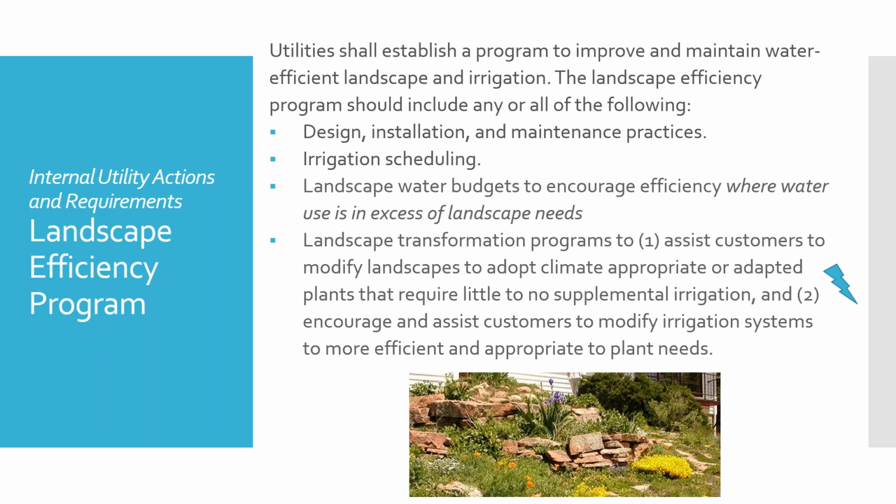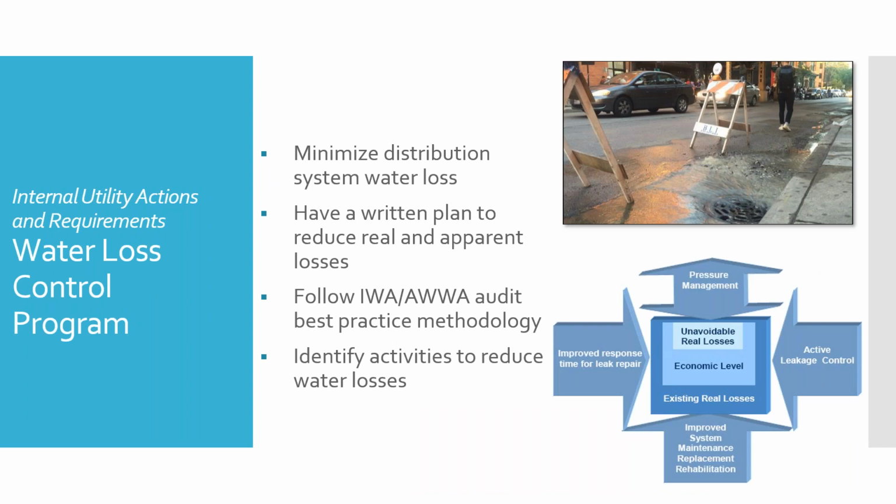And those should address both landscape design with plant palettes and irrigation systems because both landscape and irrigation influence the water use. And the utility should have a program that includes any or all of the provisions that are listed on the slide. I will note that the AWE Initiative on Landscape Transformation provided some documents and resources that can be very helpful if utilities are looking to develop more active programs than they've had in the past.